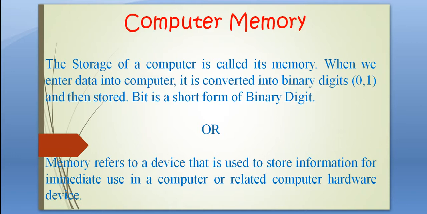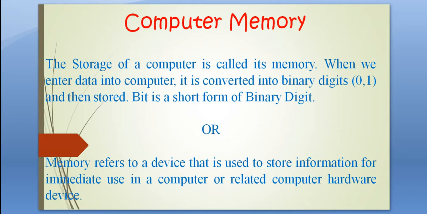What is computer memory? Basically, computer memory is an area where a computer stores some type of data. Data like any information, files, text, videos, pictures, images, icons, anything else. So computer memory is a storage area or storage space where the CPU stores any types of data or files. The storage of a computer is called its memory.